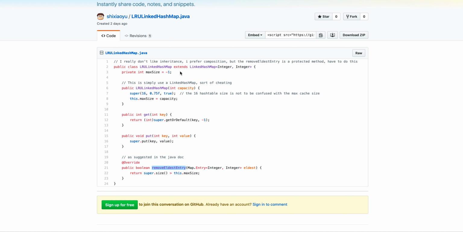You can read the Java doc about LinkedHashMap. This is the recommended implementation, which is this method: when do you want to remove the eldest entry, right? You only want to remove it when the size is larger than the maximal size. Note that this maximal size is the cache's maximal size, and this size is the hash map's size. When you initialize this hash map, this is the initial capacity, which has nothing to do with the maximal size. This could be 100, and this is the load factor, meaning whenever it reaches 0.75, you need to rehash. And then you want to make it true, because I think false means, I forget, but